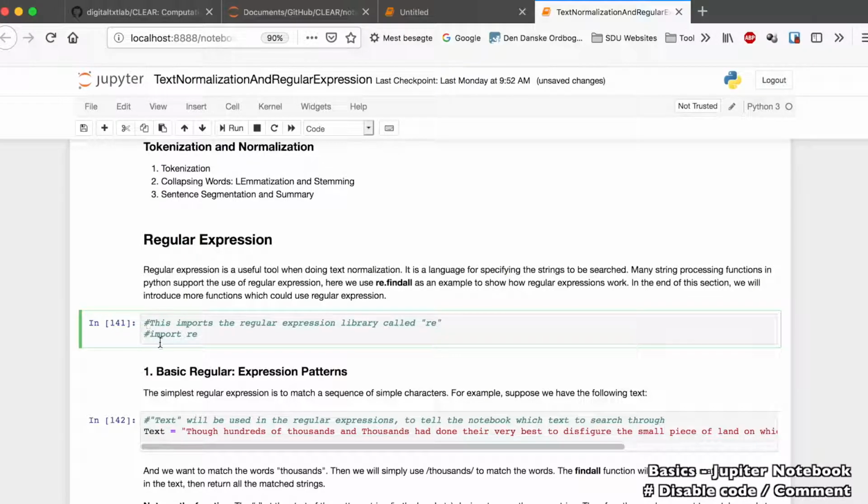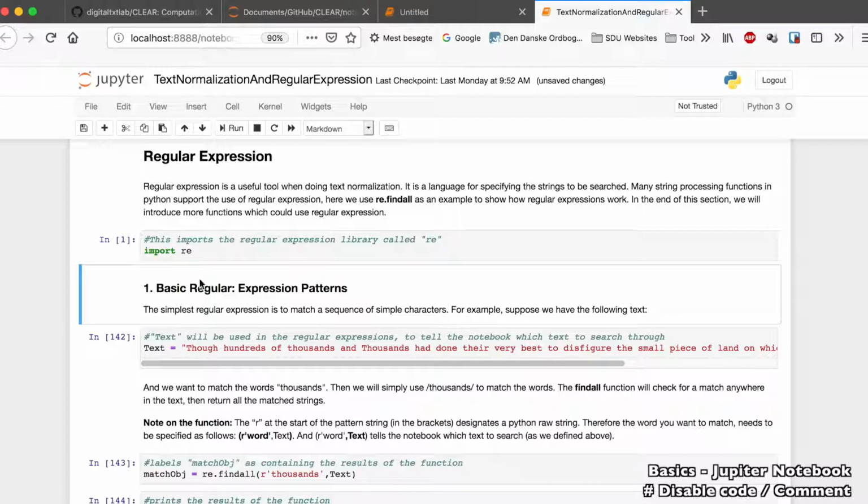As you can see, if you add a hashtag in front of it, then the text changes, and if you remove it, it's green again. If it's like this, you can run the field up here, and you can see the number changes and this field is executed. Of course, since all it does is import a function, it doesn't actually do anything visible right